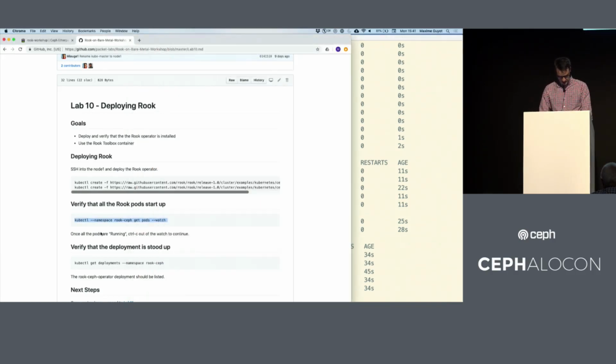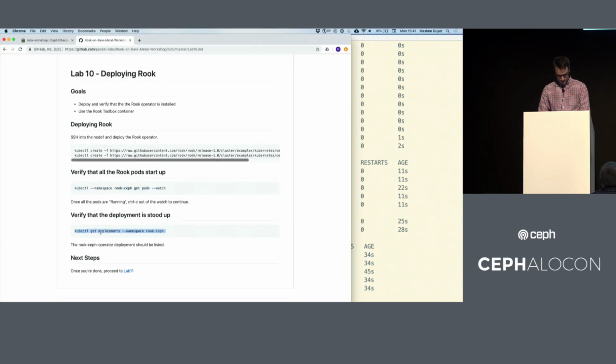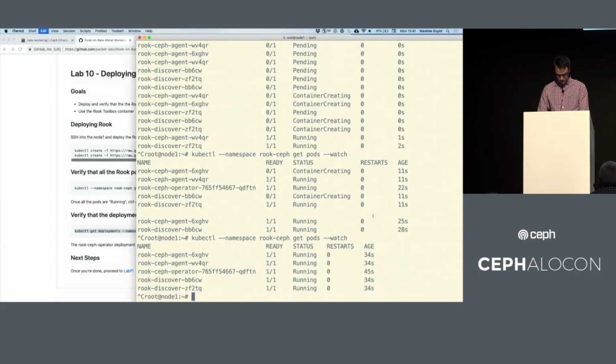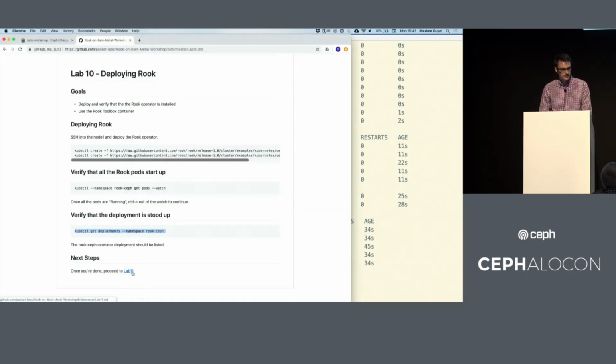Right. All right, we can verify that the deployment is up. So this is the deployment resource in Kubernetes, ready state. We see one instance is up to date and one is available, which is what we expect. All right, we're good. Let's go on to the next